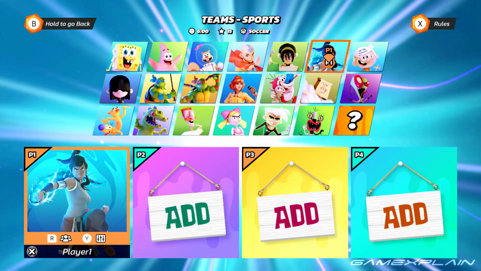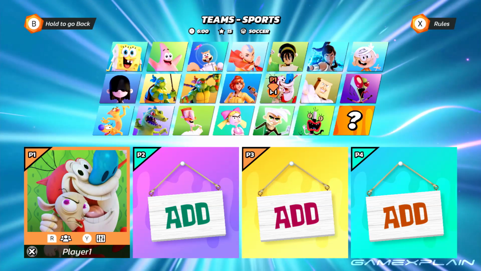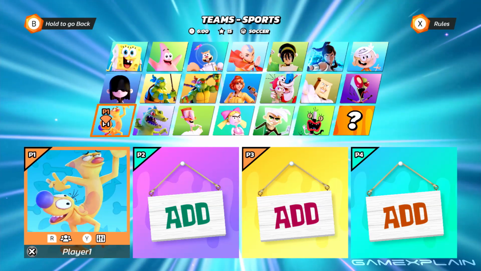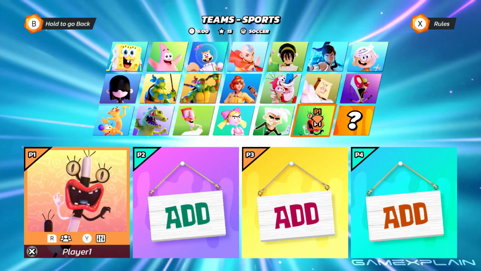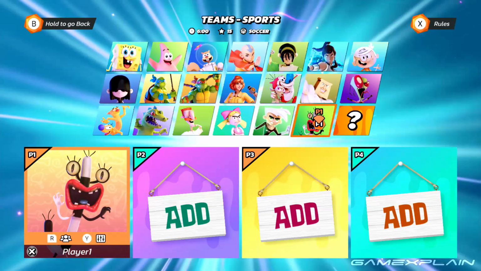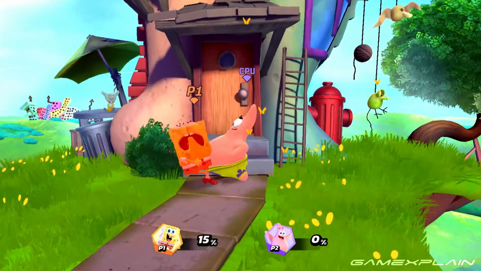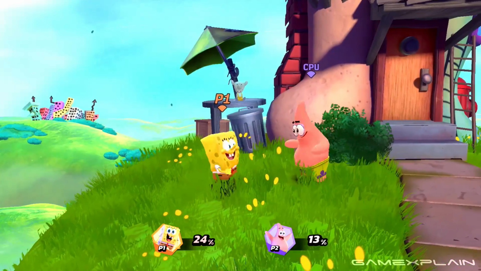Here you have 20 total characters at launch, but it does have a wide variety to choose from. You have the 90s characters like Helga, Nigel Thornberry, and Ren and Stimpy, and the more modern characters like Lincoln and Lucy from the Loud House. Some of my favorites so far are Danny Phantom and the SpongeBob characters. I mean, you couldn't call this a Nickelodeon crossover game without Patrick and SpongeBob at the very least. Safe to say that if you're a huge fan of Nickelodeon and grew up watching tons of the shows, you'll